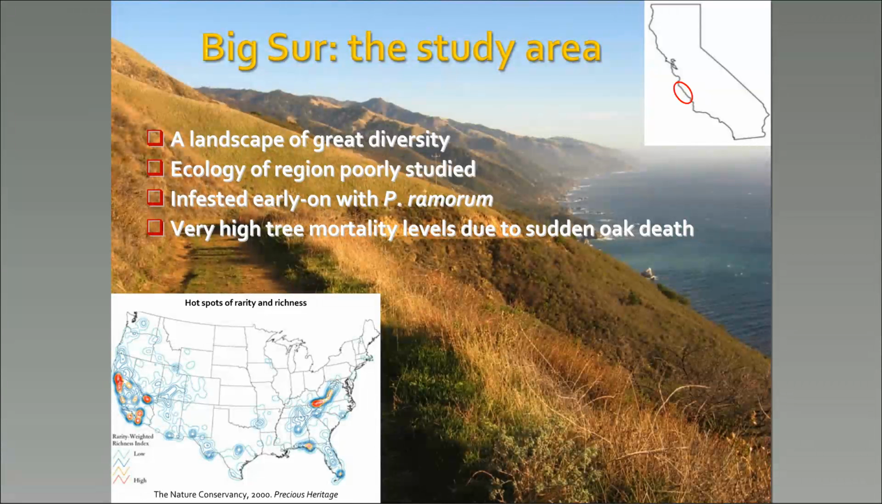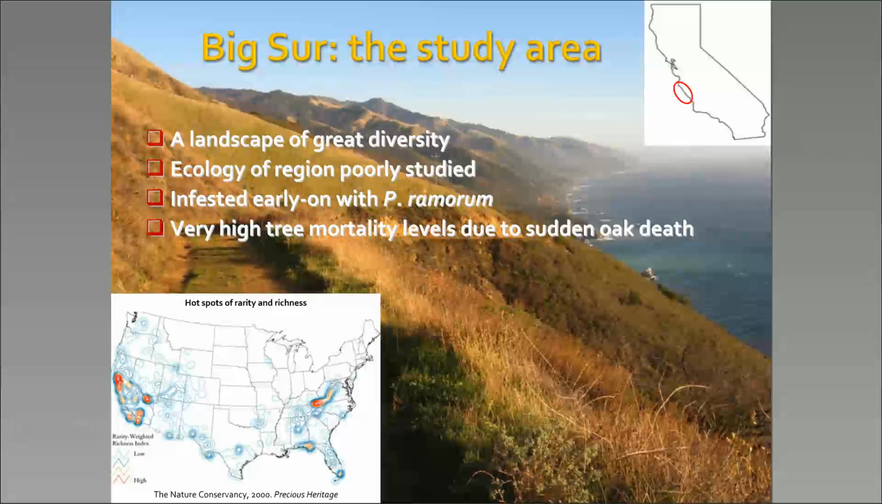So our study area is the Big Sur region, located on the central coast of California in Monterey County. It's an incredible landscape of really great biological diversity, a really wide variety of plant communities and habitats. It's been recognized as a hotspot of rarity and richness by the Nature Conservancy, in an area where conservation should be a priority. Yet the ecology of this region is pretty poorly studied,